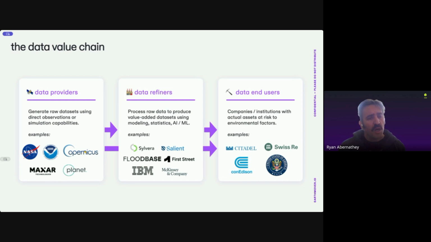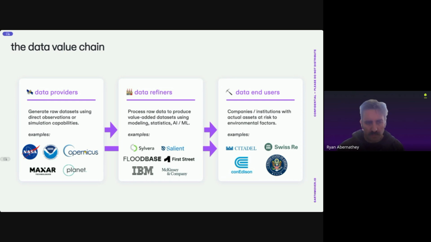And then in the middle here, we've got a whole range of very interesting companies and organizations that we would call data refiners. What data refiners are doing is generally consuming raw data, this more basic data from data providers, and refining it, adding value to it using various types of modeling, statistics, or AI and ML, right? I've just listed a couple different companies. Some of these are very small startups. Some of these are big, multinational companies and consultancies. What data refiners do is take raw information and translate it into something that's more useful, more actionable